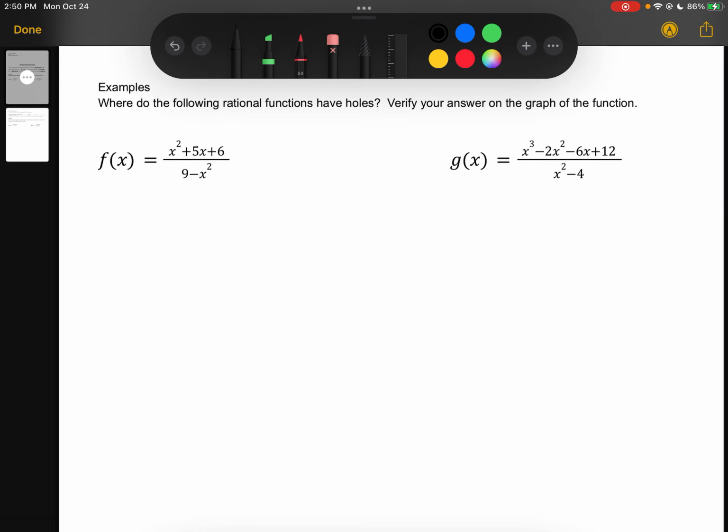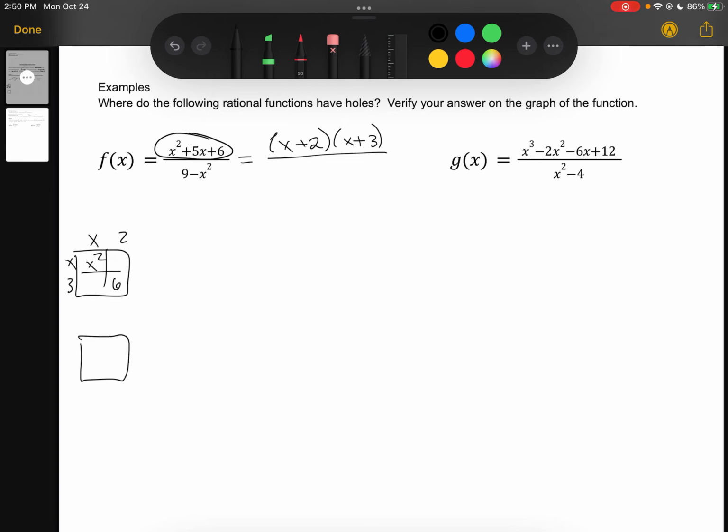So just working through, a good place to start is just doing some factoring of the things that we can see. So x squared, 5x, and 6. So if we put that into a box, we should get 2 and 3 as our numbers, both positive. So on the top, we should have x plus 2 and x plus 3. And